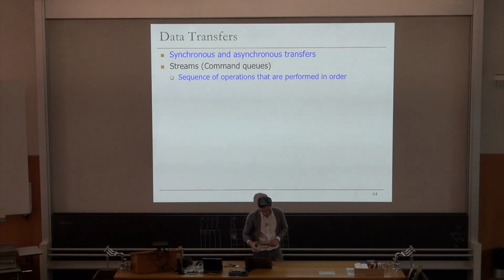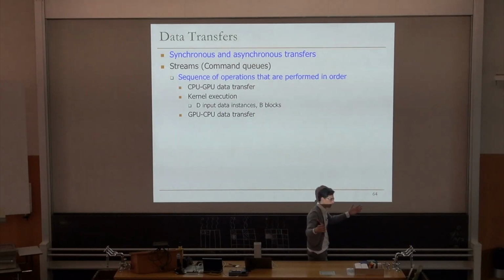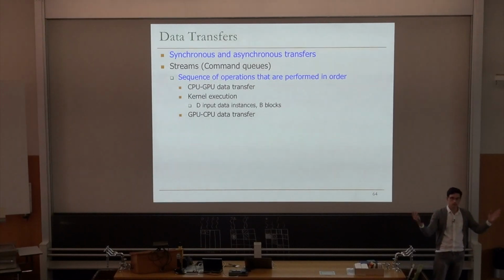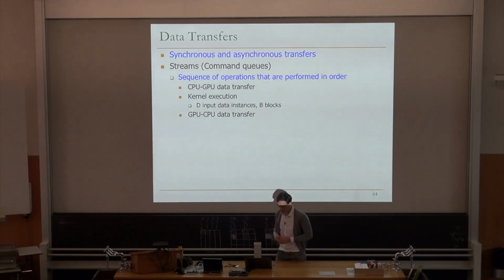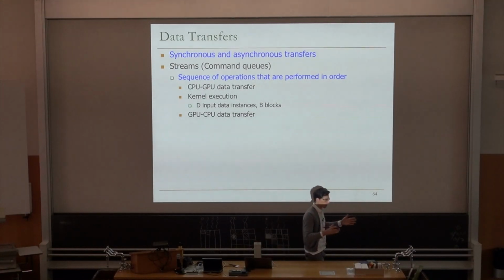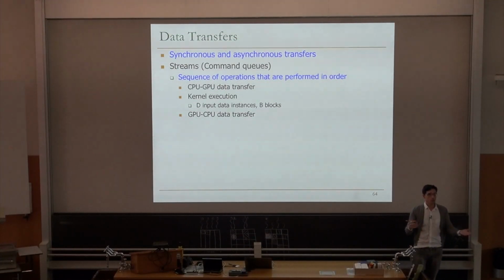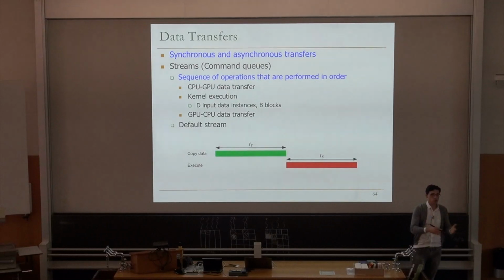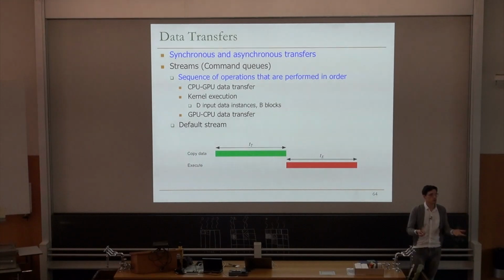But there is a way, using asynchronous transfers and something that is called streams, or command queues in OpenCL, that essentially consists of dividing the total computation that we need to do into different chunks, right? So let's say 4, so that as long as the operations that we need to compute on this input data are independent of each other, we don't need the entire thing in memory in order to start the execution of everything, but we can divide into parts,